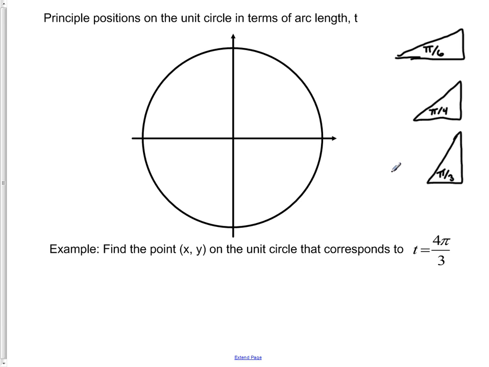And we know that if we actually were to put these into our unit circle, we would have arc lengths corresponding to them. And the right triangle values that we would find here correspond to them. Let me point out, for example, if I take pi over 6, and I'm just going to dash this in right here, here's where pi over 6 would be, more or less. For an arc length of pi over 6,